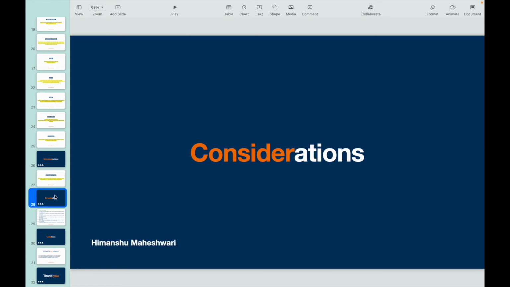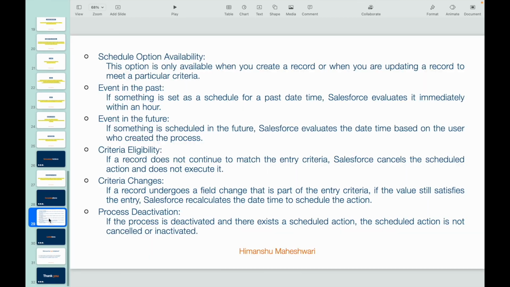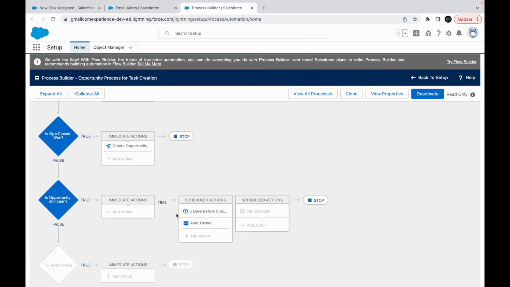All right. Now there are some considerations, right? Let's take a look at these considerations. Because date and time is involved, we want to understand how things work really, right? I've put up some interesting use cases which will be helpful to understand the execution. So first option, schedule option availability. This option is only available when you create a record or when you are updating to meet a particular criteria, which is why you see the node only on specific cases, on this one,